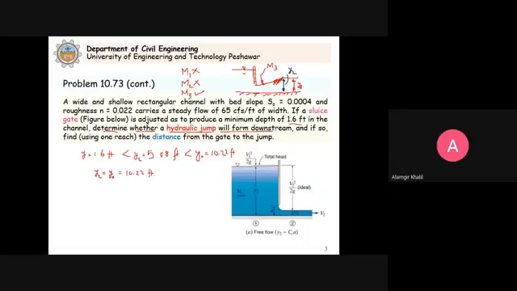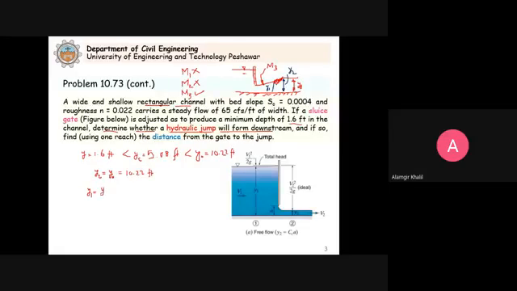Now immediately upstream of the jump, this is the depth that we need to calculate. Clear? Let's say this is Y1. So now this Y1 we can calculate because we already developed the relationship for a rectangular channel, to calculate the depth before and after the jump. Clear? So Y1, the depth immediately upstream of the jump,